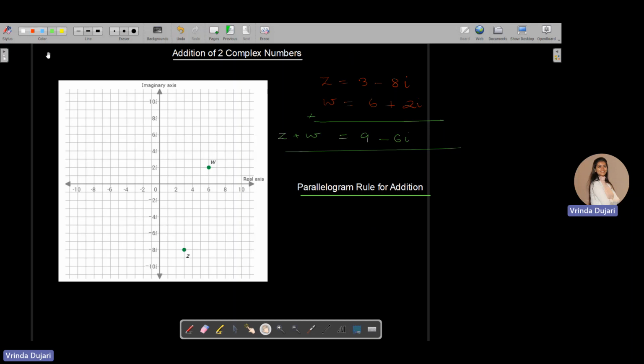Okay, so what is this parallelogram rule for addition? Now, I'll first use an example, then we'll go back to this problem. Let's say you have a complex number u and you have another complex number v, and you want to add them. So what we'll do is first we will plot both of these complex numbers on the complex plane. For example, here you have w and here there is z. So what we will do is we will connect the segments. So let me just write this. The segments